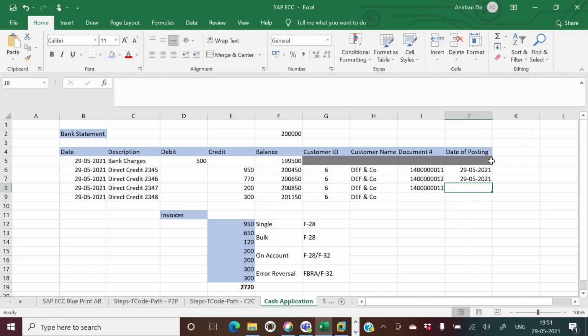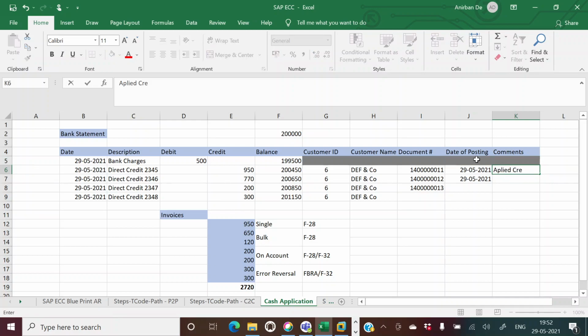So this is date of posting, and if I say comments here, this is applied credit, APBL ID.